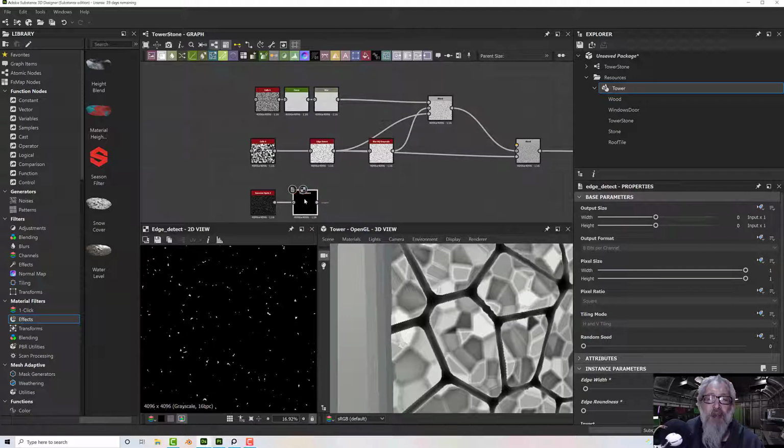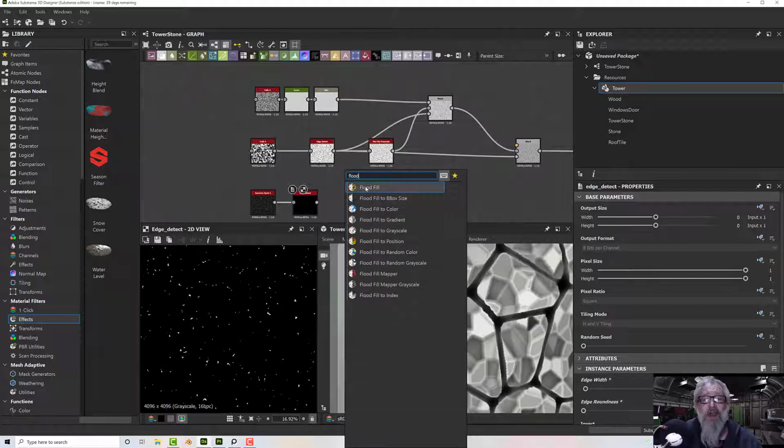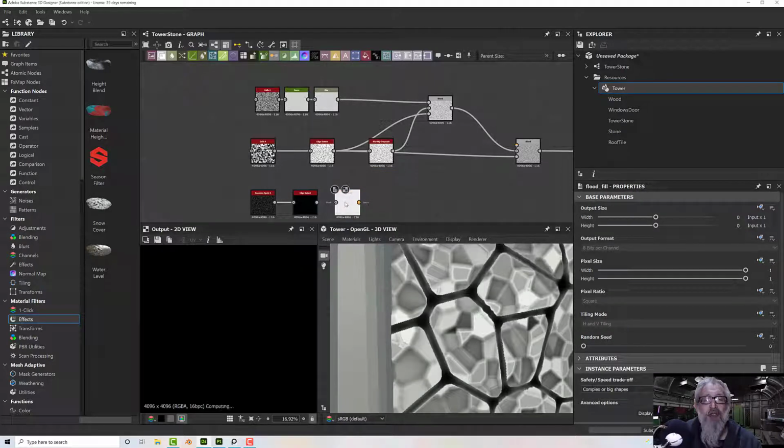I want them to be of different levels. So what we're going to do here is add in a flood fill. Now the flood fill is an interesting node because it will take whatever's inputted into it, detect the shapes, and then flood it with a colour, or rather a colour gradient, which looks remarkably to me like world space normal maps, but